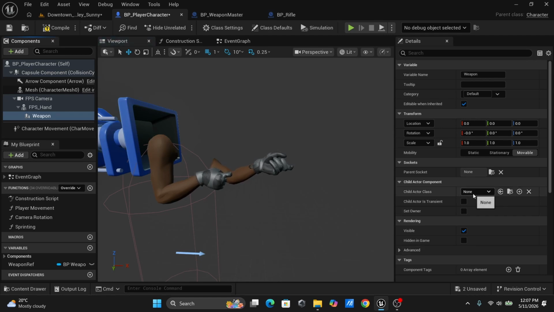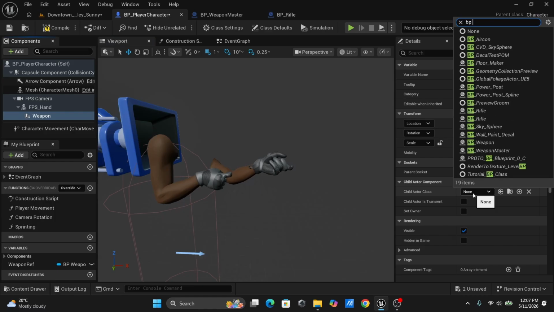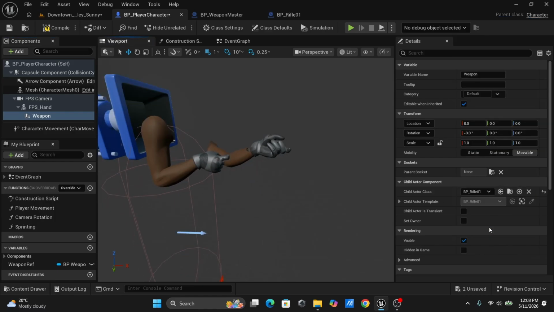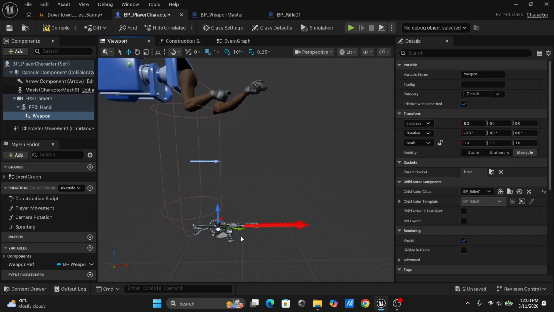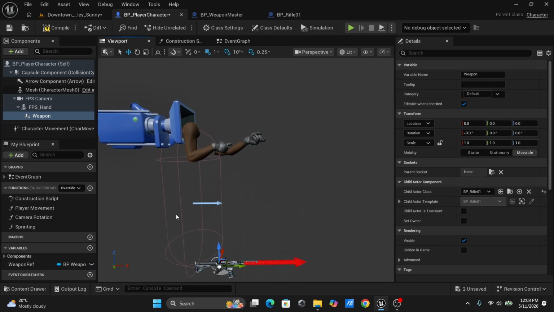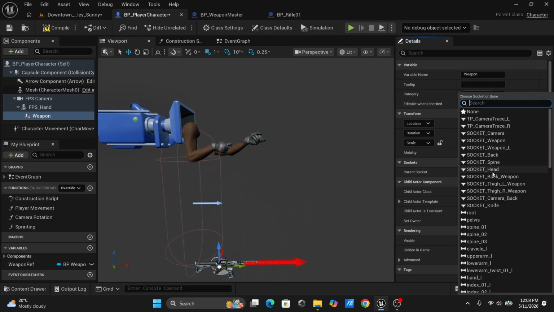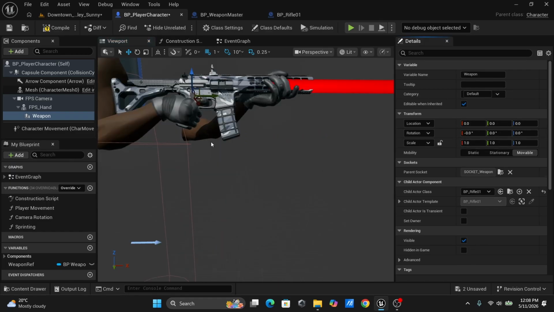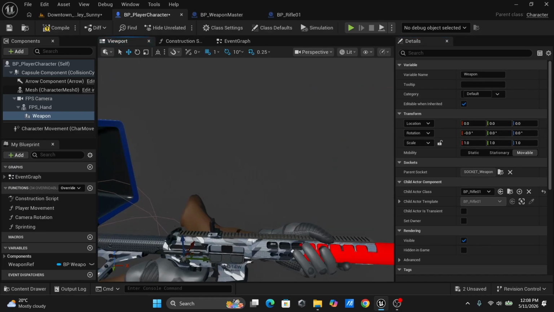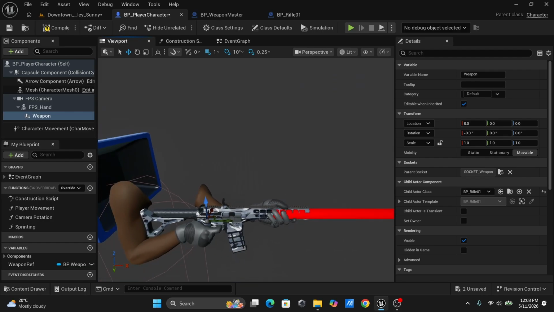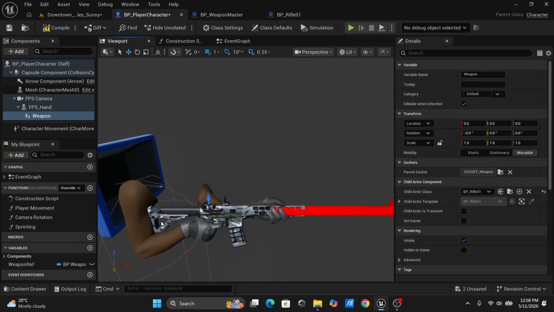And then on this child actor class, I'm going to add BP rifle. There you go, so I've added the rifle. It's not in the right socket, so what I need to do is on the parent socket, I'm going to have to search for weapon. There we go. Now the gun is automatically on the right socket because this animation pack was made with this